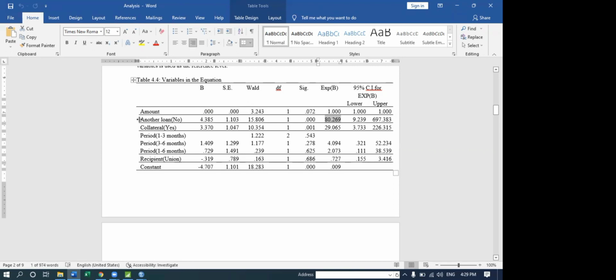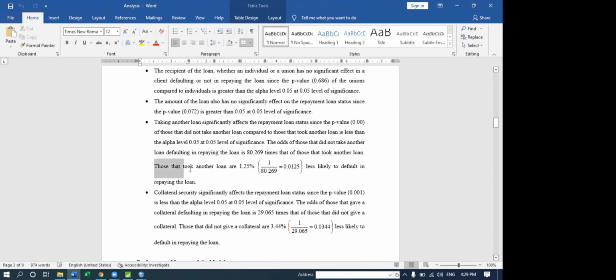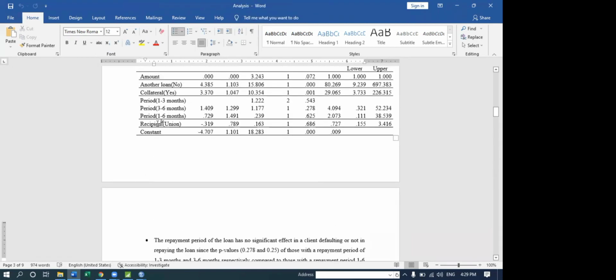Let me say it again. The odds of those that do not have the mindset of taking another loan, defaulting, is 80.269 times the odds of those that have the mindset of taking another loan. So I've interpreted this. Then if I want to interpret it based on likelihood, I will take the reciprocal. That's what I've been trying to say since. So when I take the reciprocal, it means I will also change it. Now, when I want to compare, I will compare